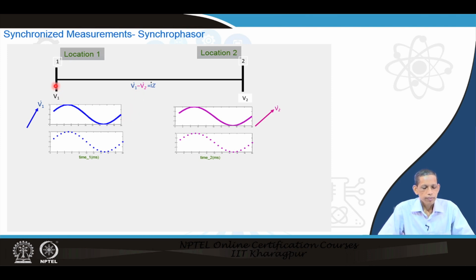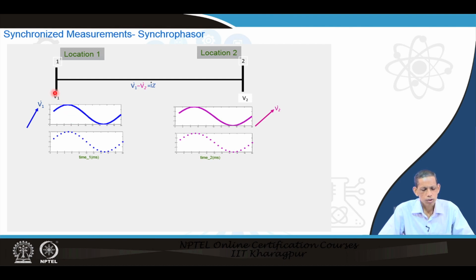So, that means if you represent these phasors from this corresponding voltage signal here, let us say V1 here and V2 here, and if you like to have V1 minus V2, the corresponding phasor here will be V1 and corresponding phasor will be V2. But now the question is how to get this V1 minus V2, because this is having a time axis here and this is having a time axis here, and this device is remotely placed from the other device where the measurements are being taken.